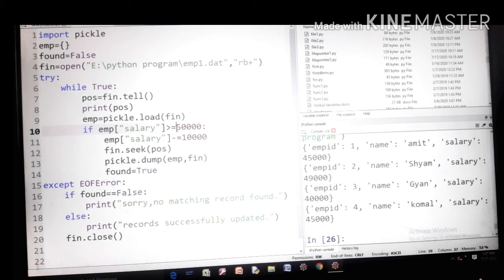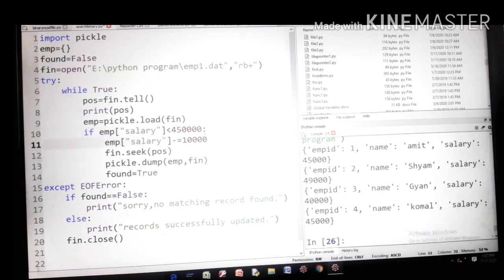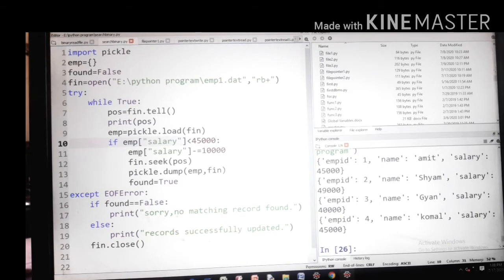Now the change here is less than 45. Okay, now with this program we can use the binary file.